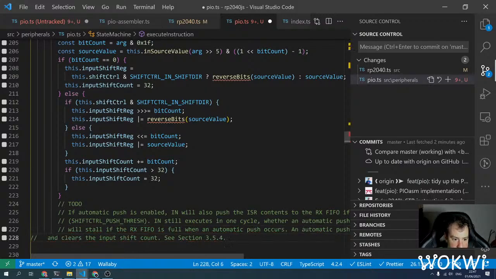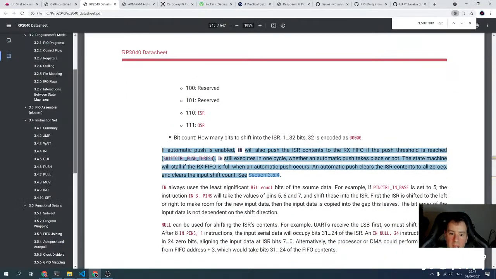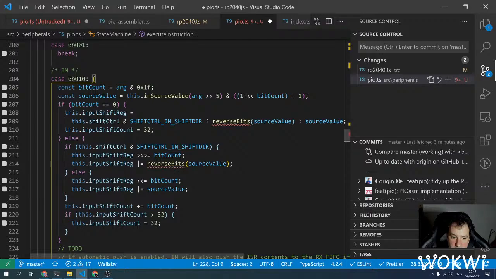Because we still haven't thought about how we do all those stalls and stuff. Always use the least significant bit count bits of the source count. Okay, that's good. Does the ISR shift to the left or right to make room for the new data? The bit order of the input data is not dependent on the shift direction. So we don't need this manky reverse bits. We just need to make sure they are